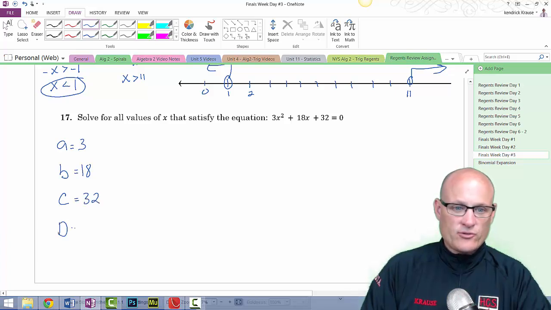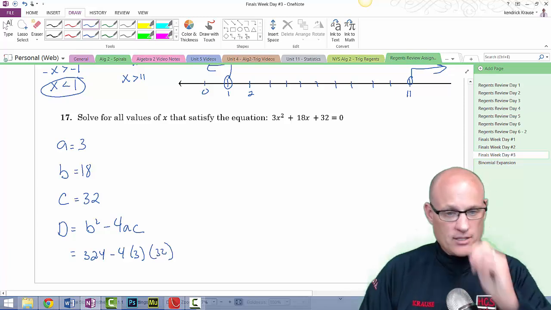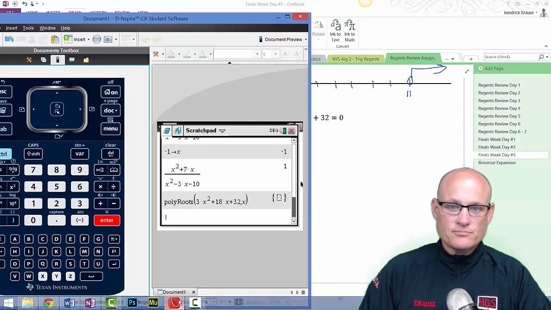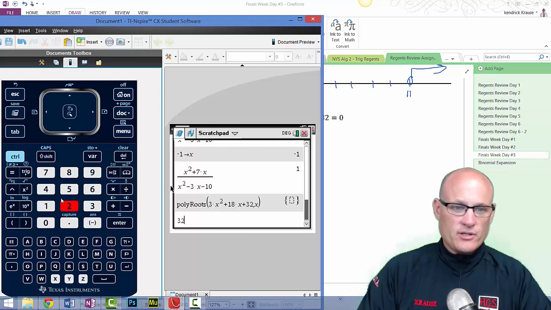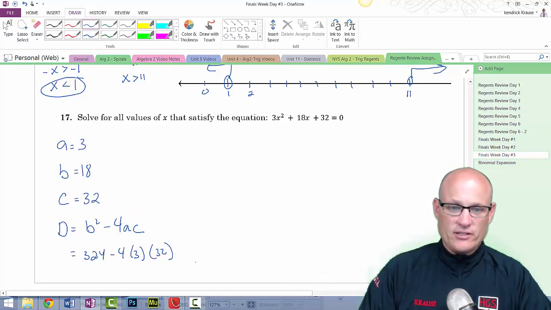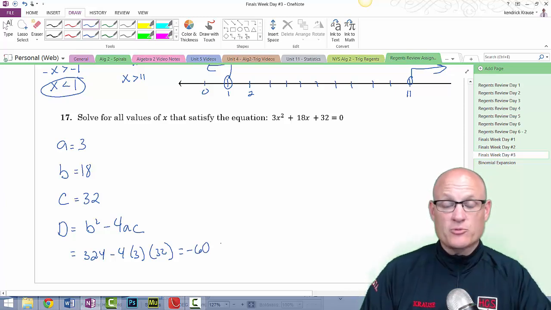Now D is my discriminant, which is B squared minus 4AC. So that's 324, that's 18 squared, minus 4 times 3 times 32. No idea what that's equal to. So 18 squared is 324. So 324 minus 4 times 3 times 32. Negative 60. Now remember, when the discriminant is negative, you have imaginary roots, which means your answer has to be